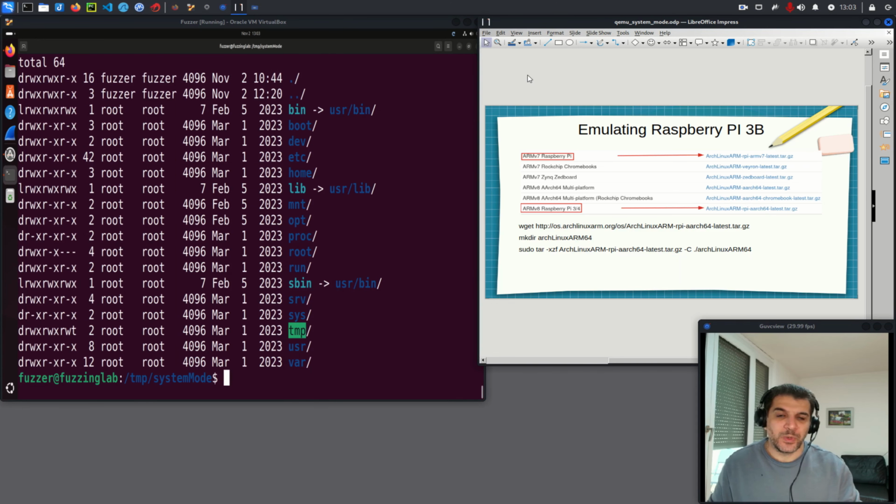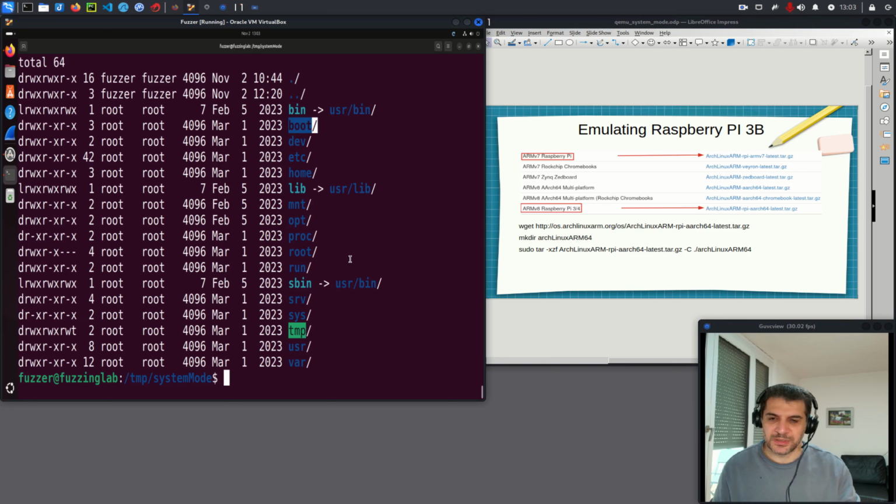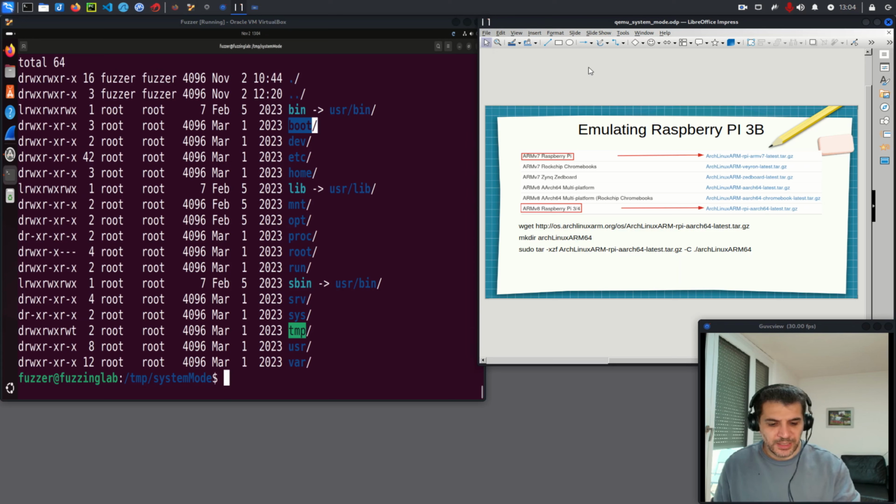So now we have the SD card, we have the Linux kernel and all the necessary binaries, the boot, all the file system here. So in a real setup, the next step would be to flash the SD card, and that's exactly what we will do here. However, we will do it in a different way. Actually, there are multiple ways to do it, but in this video,